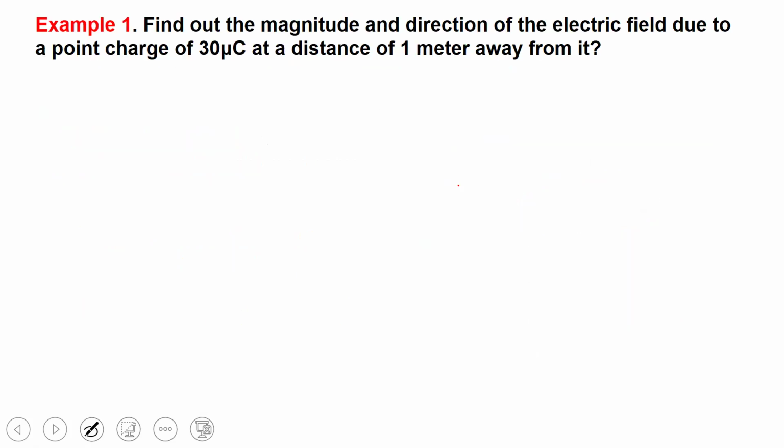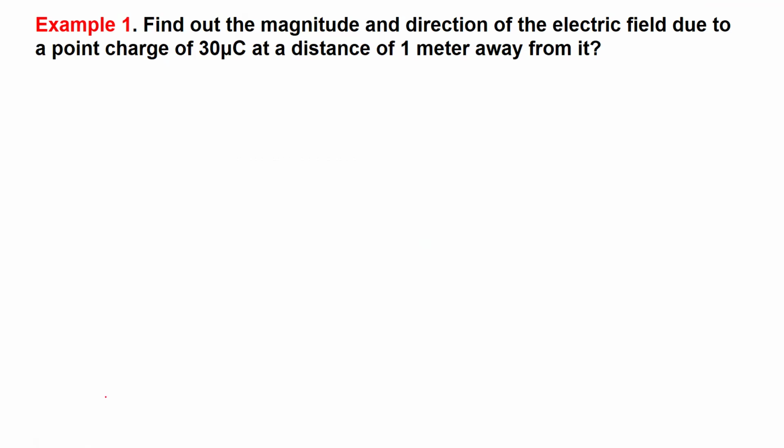So ladies and gentlemen, without wasting much of our time, let's look at some examples. Find out the magnitude and direction of the electric field due to a point charge Q of 30 microcoulomb at a distance of 1 meter away from it. So the first thing that we are going to do here is derive the data in the